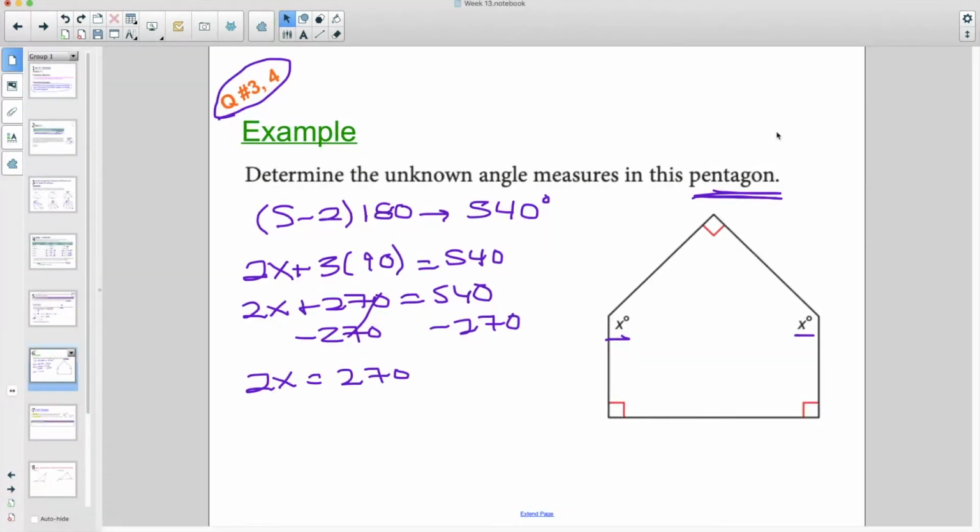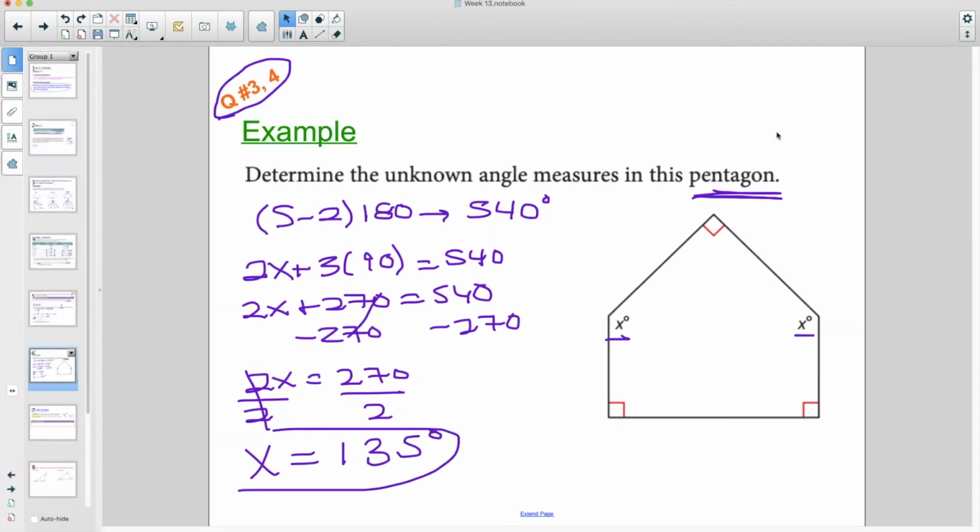Okay, so our last step here is to divide by 2. Again, we need to get x by itself. So our x, which is what we're solving for, our unknown measure, we don't have to do anything else, is 135 degrees. And that's it for that problem. We don't have to plug x back in, right? There's nothing attached to it, so we are done. Good. All right, so that's just a little bit of practice relating to those interior angles of whatever polygon we're